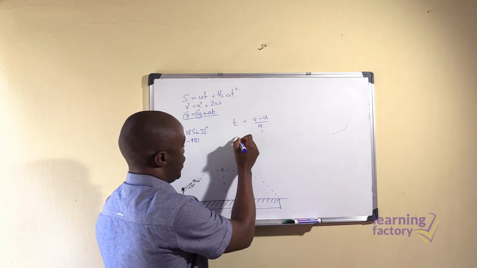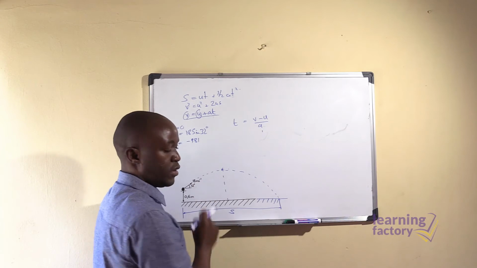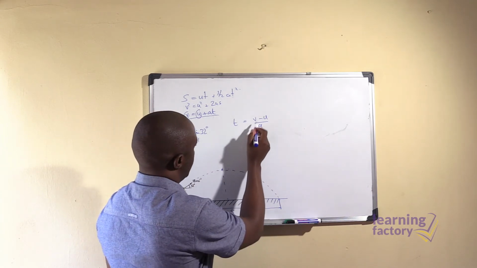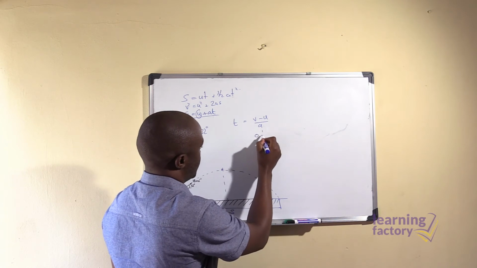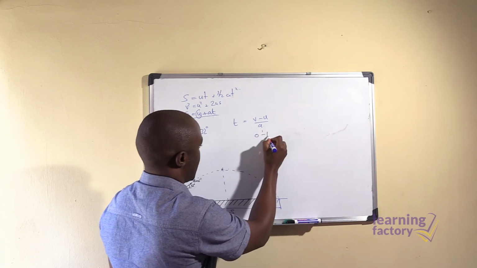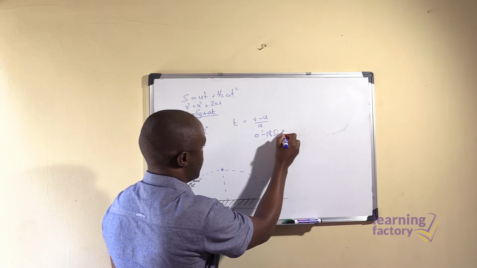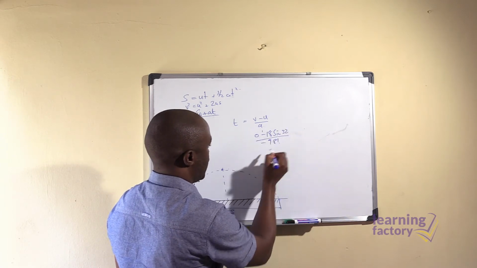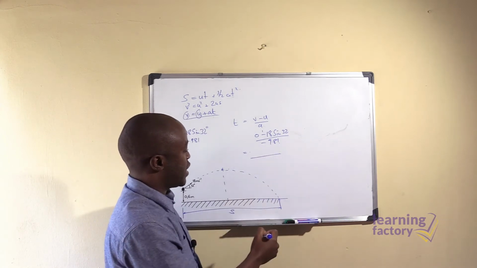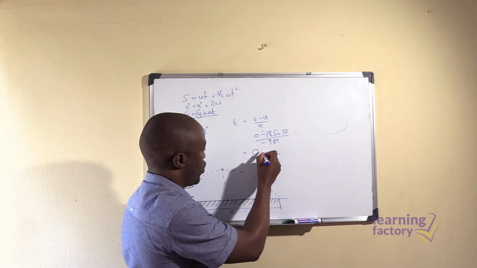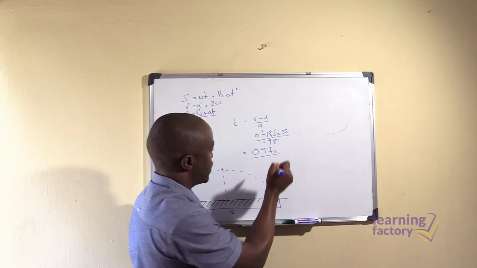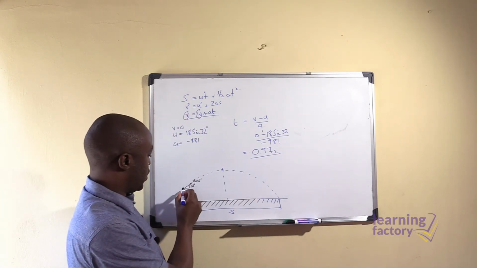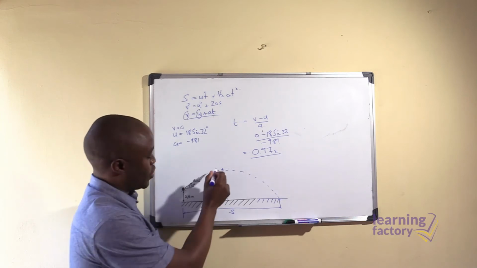Our value of t for that part of the flight thus becomes v is 0 minus 18 sine 32 divided by minus 9.81. And then putting that into our calculator, the value we get is 0.97 seconds. So we know it's taking 0.97 seconds for the ball from the point it's released to achieve its